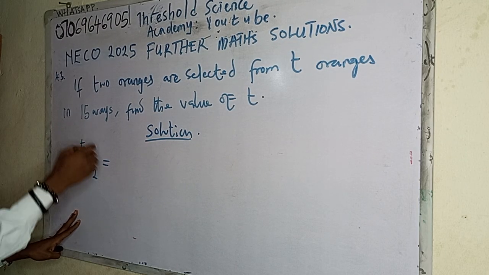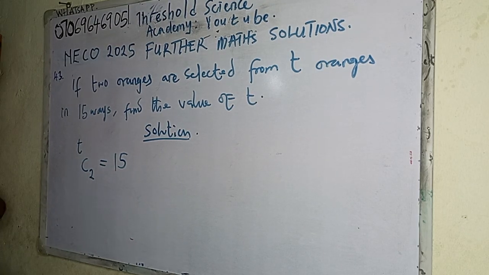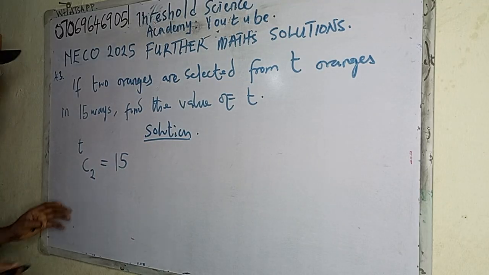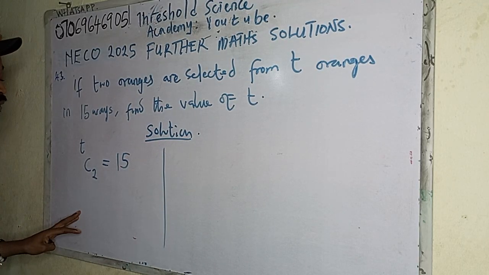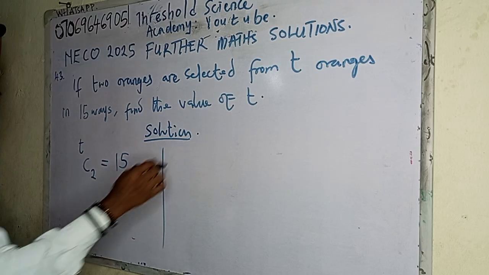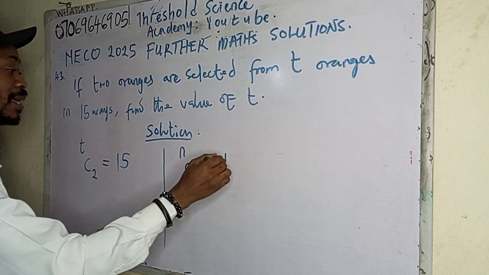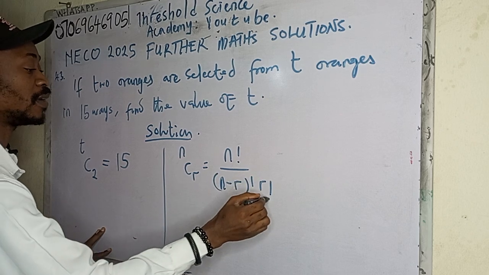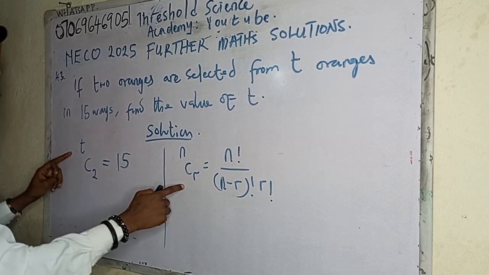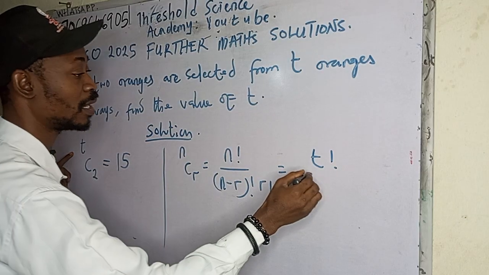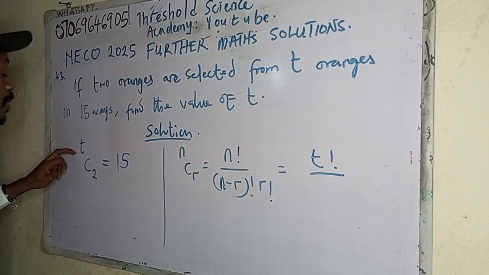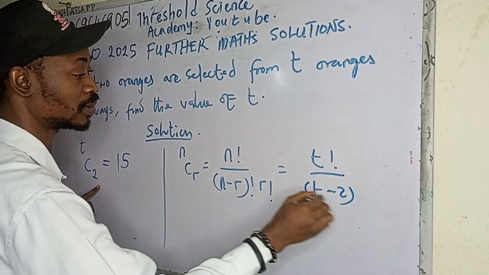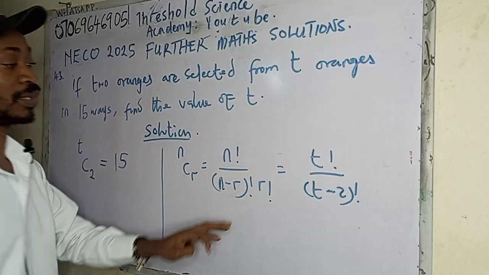Is in 15 ways. We can select two oranges from T number of oranges in 15 ways. So what's going to be our T? Like I said, it's a combination, and we need to be able to recollect the formula for combination. Combination is what? If you have n combination r, that's going to be n factorial all over n minus r factorial, in which case our t is our n this time around, so then t factorial all over, of course, t minus what's our r, 2,